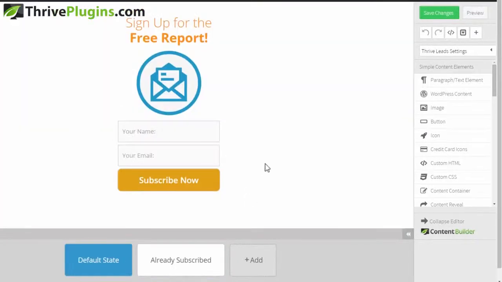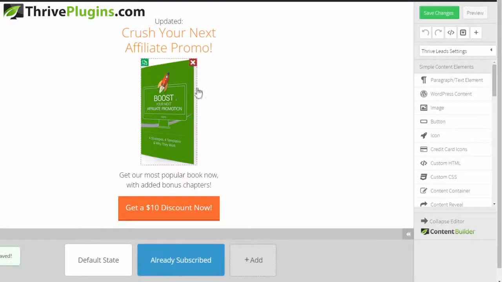So as an example for the site I showed you, this is the widget design for the default state. This is what your visitors will see. And then we have an already subscribed state. And here we replaced the image, we changed the text, and we replaced the opt-in form with a button. So this is actually really simple to do. This took only a few minutes to set up. And instantly you'll have a much smarter website that can get you tons of leads and also help with promoting your business beyond the lead generation step. Are you starting to see how powerful this is?